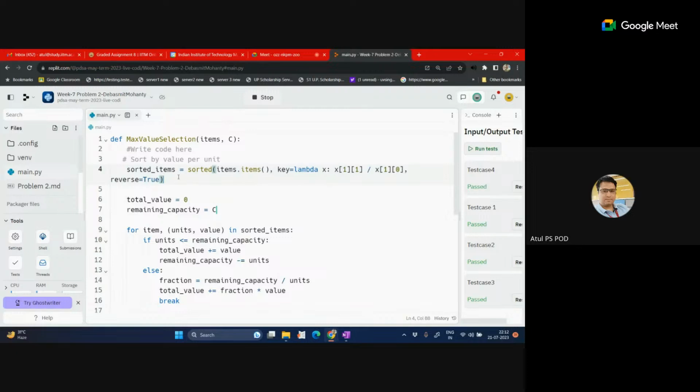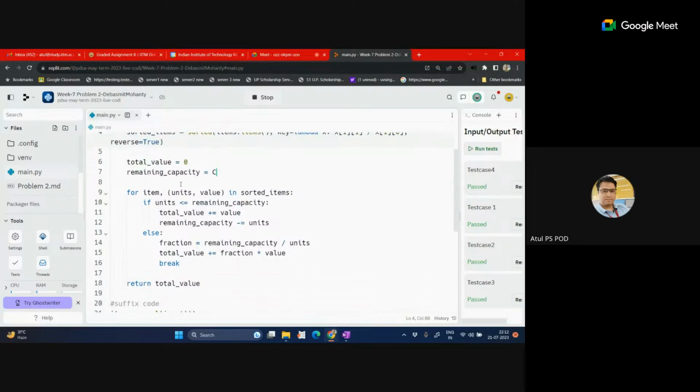You can simply create the list where you maintain tuples in which the first value represents the cost per unit, and then apply the sorted function in reverse order, and then read the items from the list. Otherwise, if you are familiar with sorting a dictionary directly, then you can directly sort the dictionary, and after that